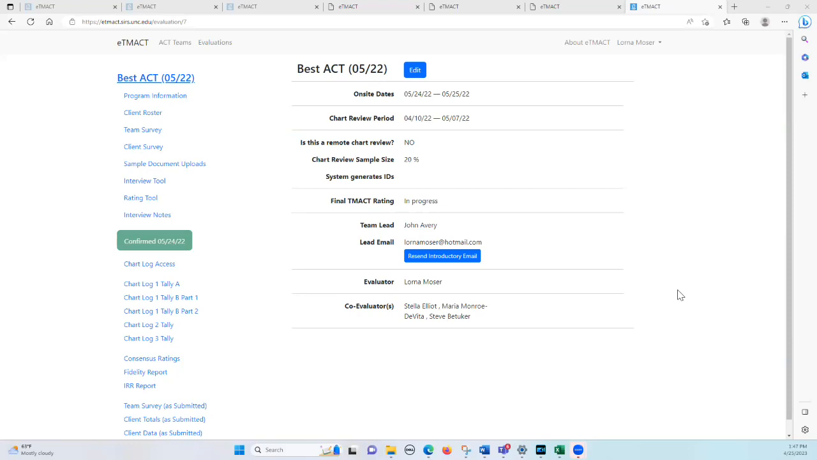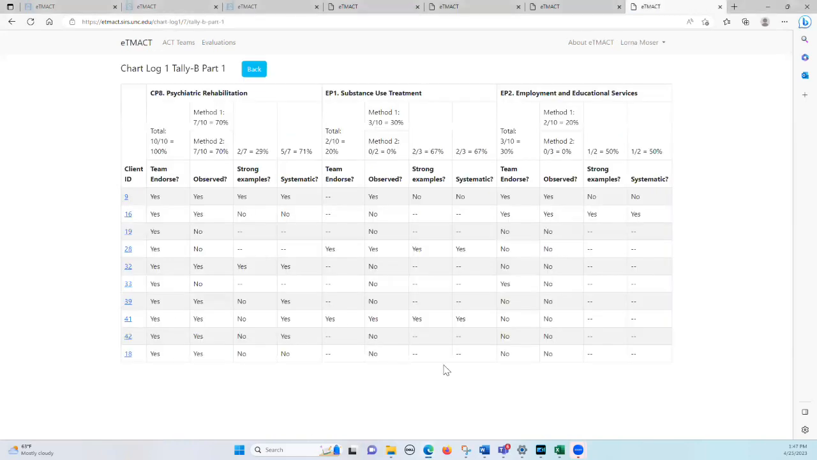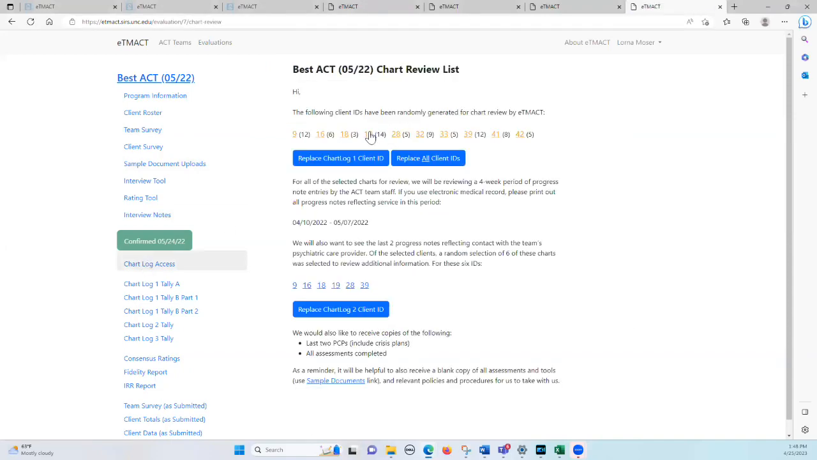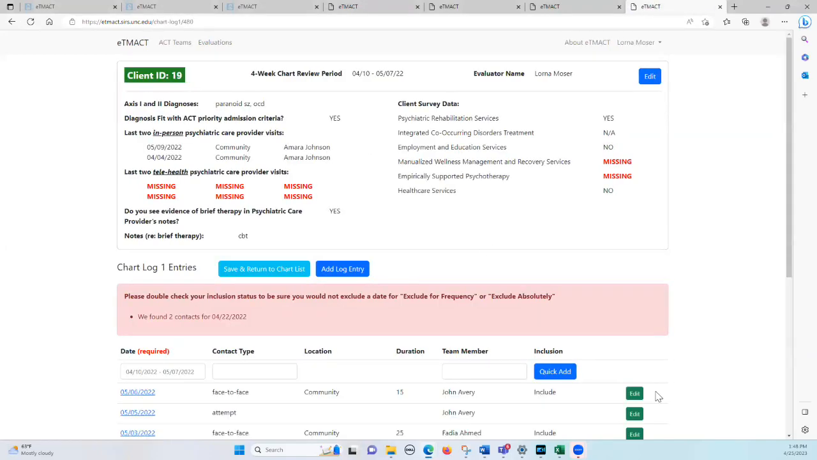We're going to look at chart log 1 tally B, part 1 and 2. This is where we are collecting and summarizing the information that we were judging in each of the service notes. So just to take us back to see the source of that information